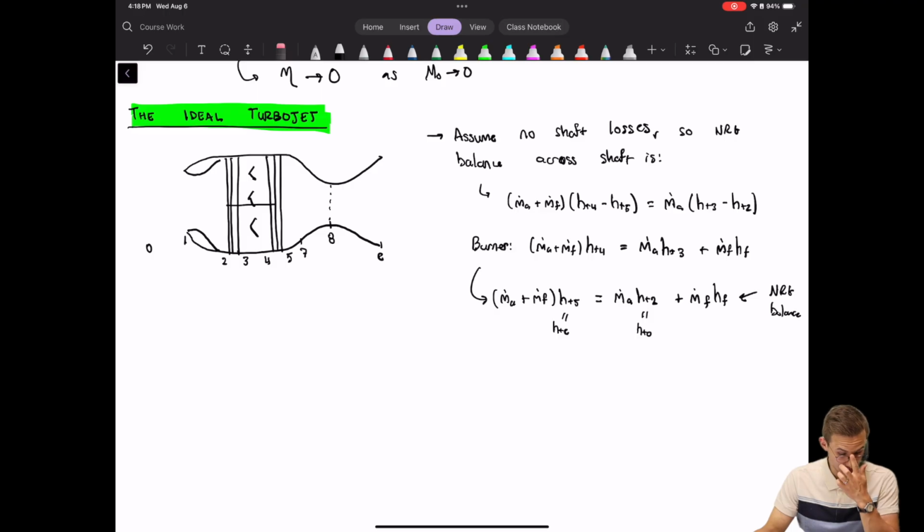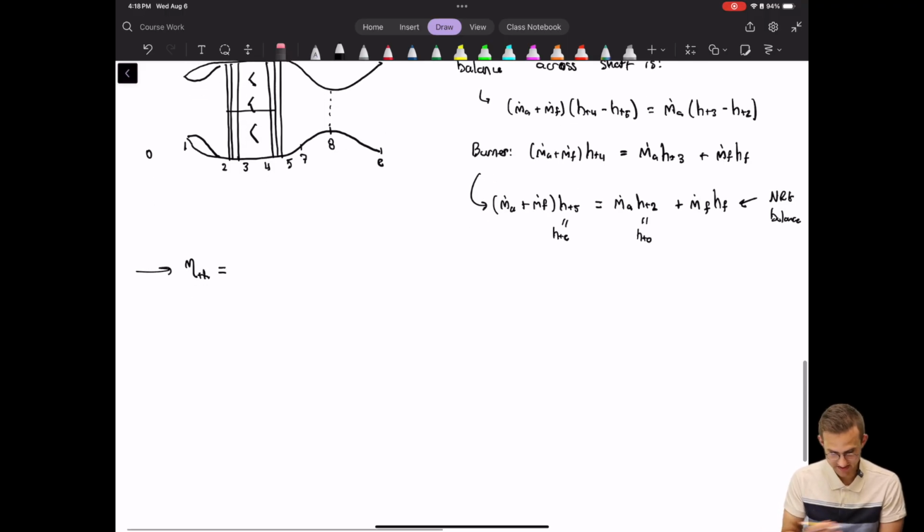So now, to illustrate what's going on here, and to be able to have a nice comparison with the ramjet, what we're going to do is calculate the thermal efficiency of this system. Okay, so the same idea, where you're looking at the heat, the rejected heat minus the... well, in fact, what we're starting with here is the propulsive